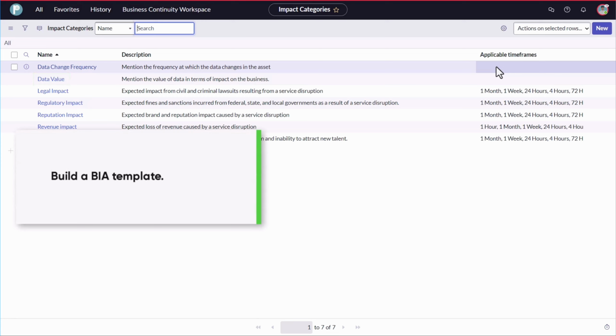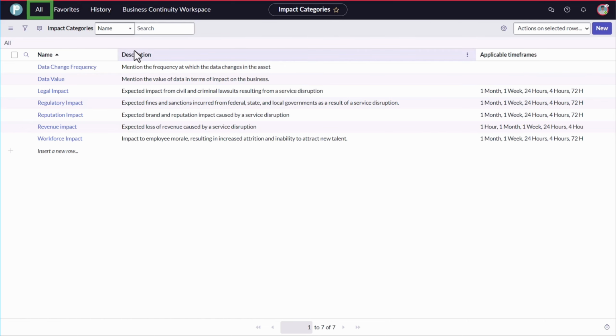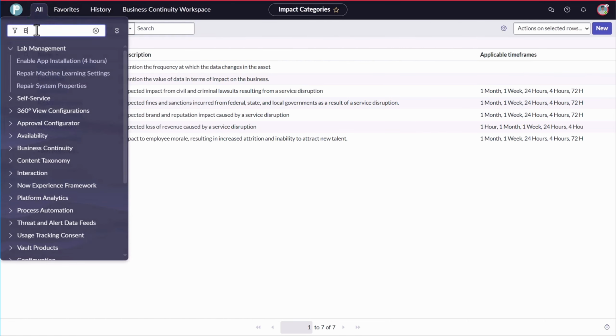Next, Bob should build a BIA template for the Data Center Analysis BIA. He adds the element definitions, impact categories, etc. This template will ensure consistency and alignment with corporate policies and procedures. To create the template, he navigates to BIA Templates